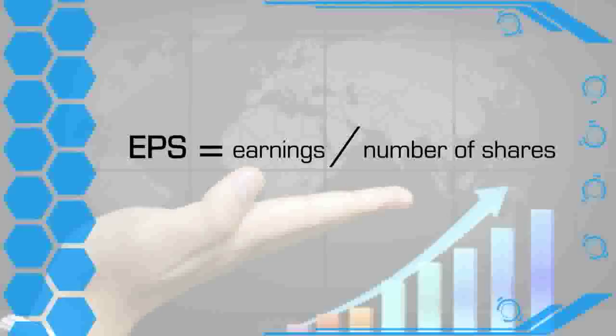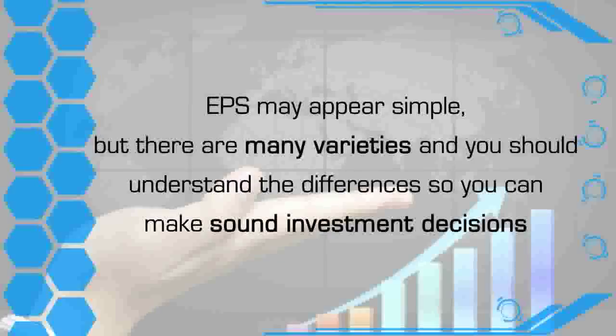EPS is a ratio of earnings divided by number of shares. There is an element of ambiguity because there are different types of shares and many types of earnings, so you must understand which type of earnings per share is being discussed. EPS may appear simple, but there are many varieties and you should understand the differences so you can make sound